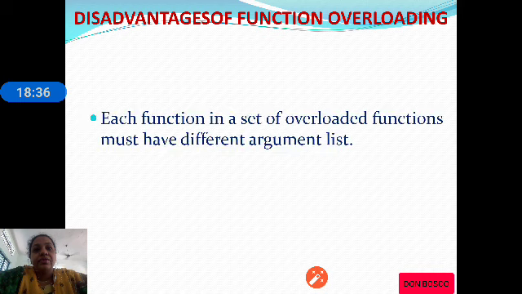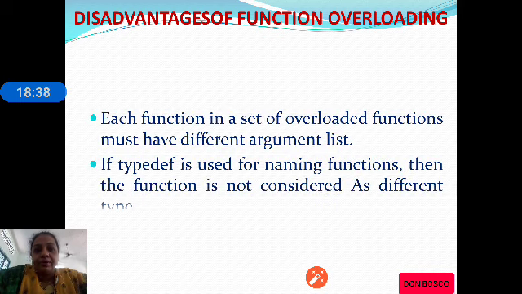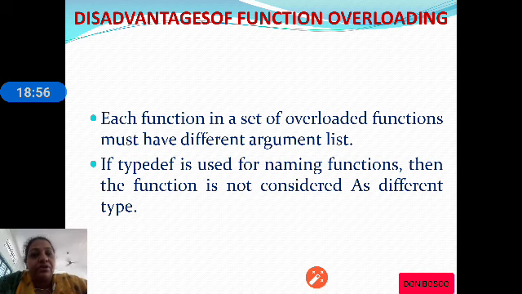Let's check out the disadvantages of function overloading. Each function in a set of overloaded functions must have a different argument list. That means if you want to overload a function, you need to change the argument list. Without changing the argument list, you will not be able to overload.